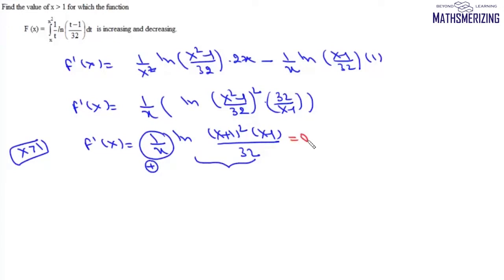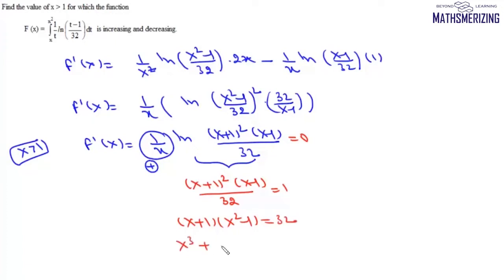So if we put it equal to 0, we'll get log of this value is 0, then (x plus 1) square into (x minus 1) upon 32 is equal to 1. Now we can write this as (x plus 1), and then a plus b, a minus b, x square minus 1 equals 32, and it will be x cube plus x square minus x minus 1 equals 32, and this cubic equation will be x cube plus x square minus x